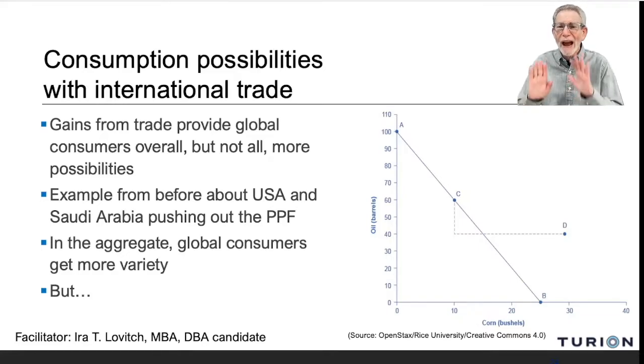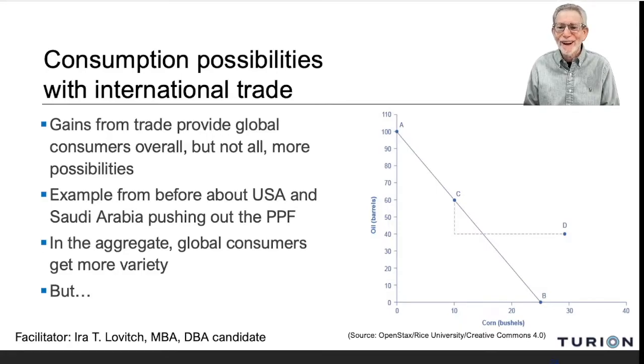We pushed out the PPF. We increased the ability for the people in Saudi Arabia to consume corn, or in this case, representing the ability to have more food. So in the aggregate, this example demonstrates that global consumers can get more variety,